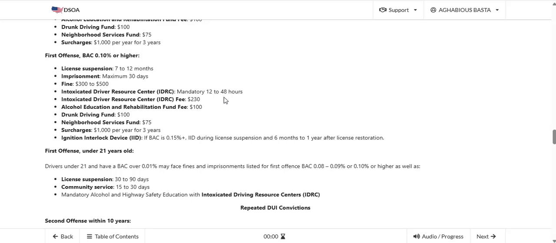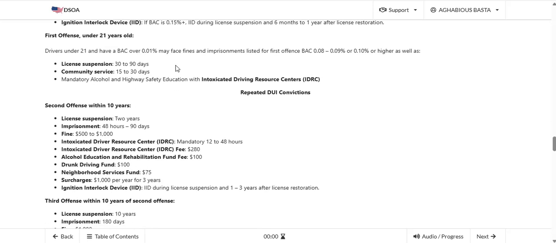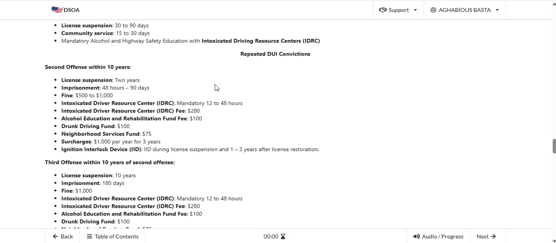Drivers under 21 with a BAC over 0.01% may face fines and imprisonment. Listed for a first offense: BAC 0.08 to 0.09% or 0.10% or higher, as well as license suspension, 30 to 90 days community service, and 15 to 30 days mandatory alcohol and highway safety education with Intoxicated Driving Resource Centers, IDRC. Repeated DUI convictions: